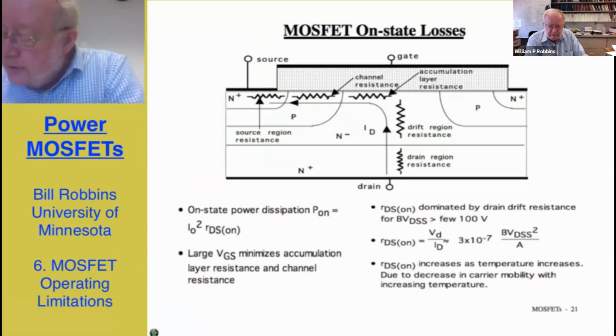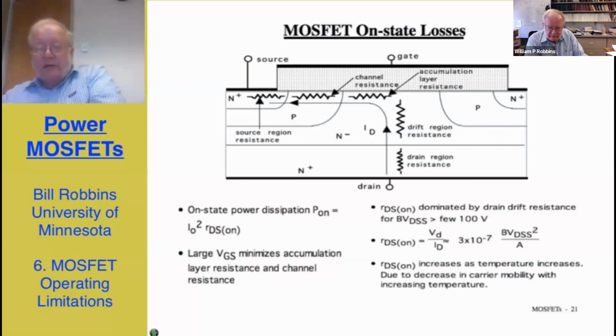so-called accumulation layer resistance, which is where the current is now in the drain region but begins to bend over from being horizontal to the top surface to going vertically. There's the drift region contribution, and finally the drain region contribution. All of these are perhaps equally important at low breakdown voltage ratings. As you increase the breakdown voltage rating of the MOSFET beyond 100 or so volts, then the drift region dominates